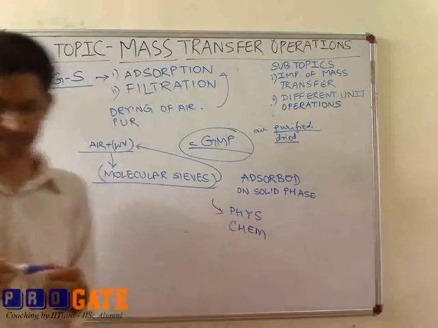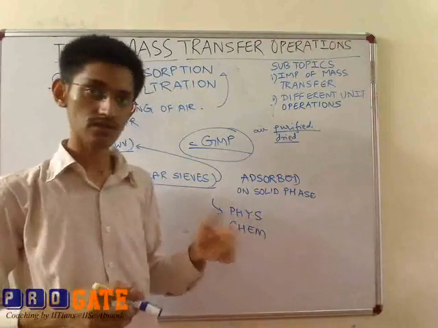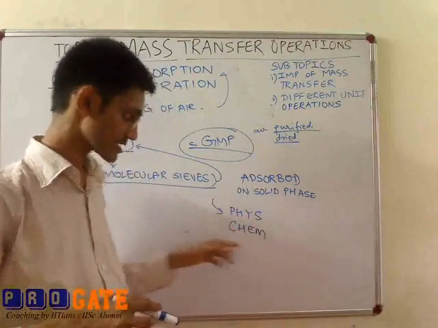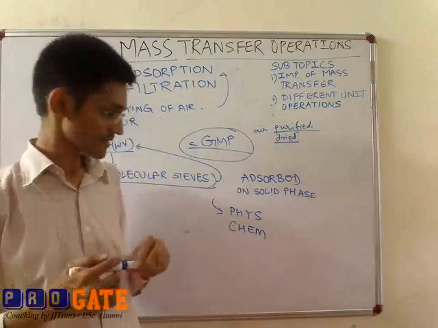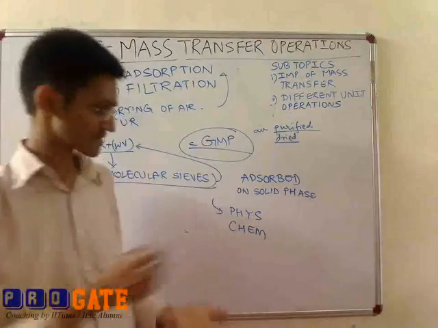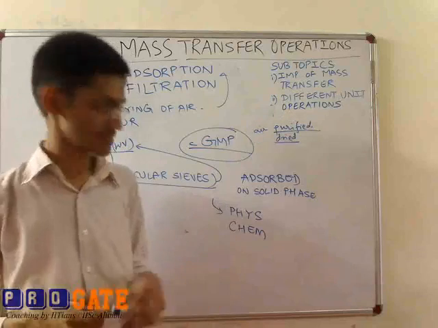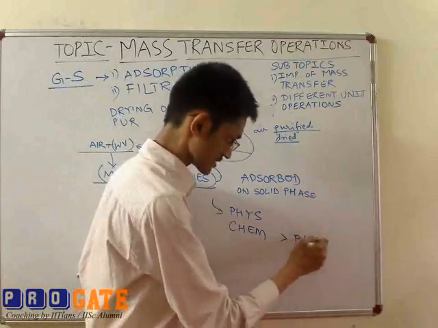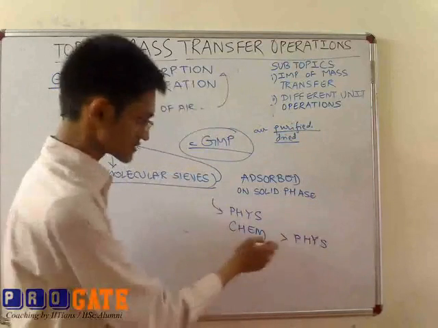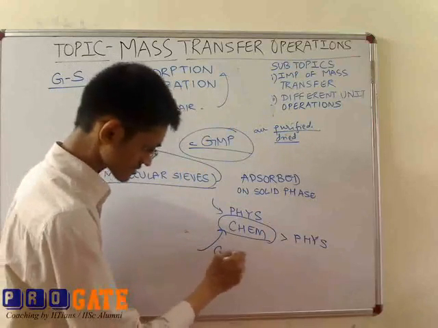Physical adsorption takes place because of the van der Waals force of attraction between the solutes of the gaseous and the liquid phase, whereas chemical adsorption is due to the valence forces of attraction because of the valence electrons present in the solute of both the phases. So chemical adsorption is stronger compared to the physical adsorption, and this is what is made use of in most of the gas solid reactions,